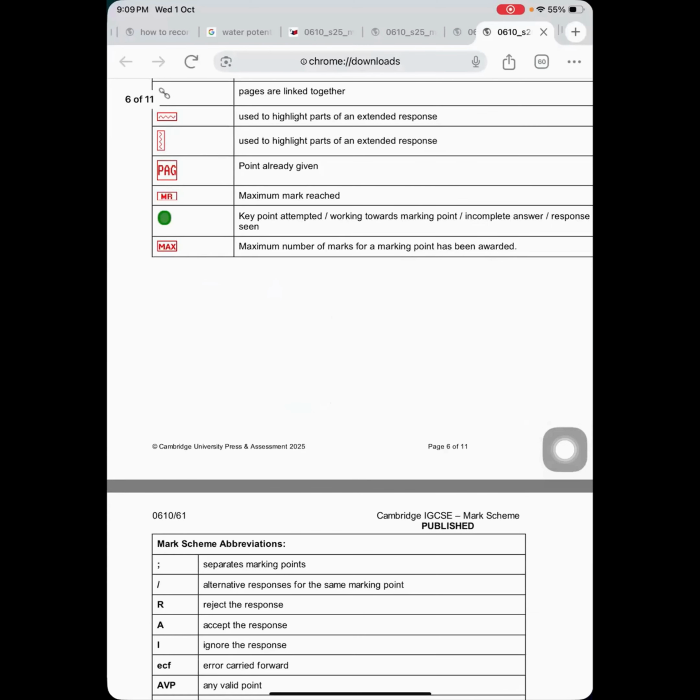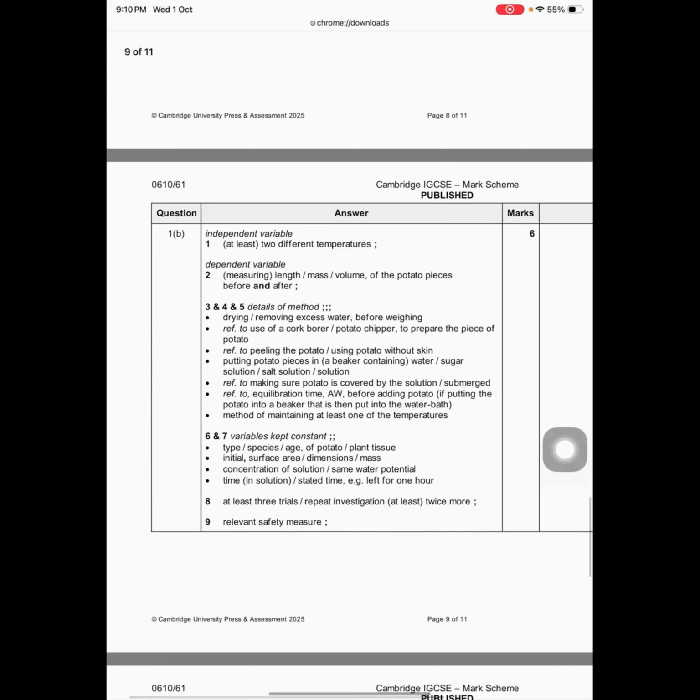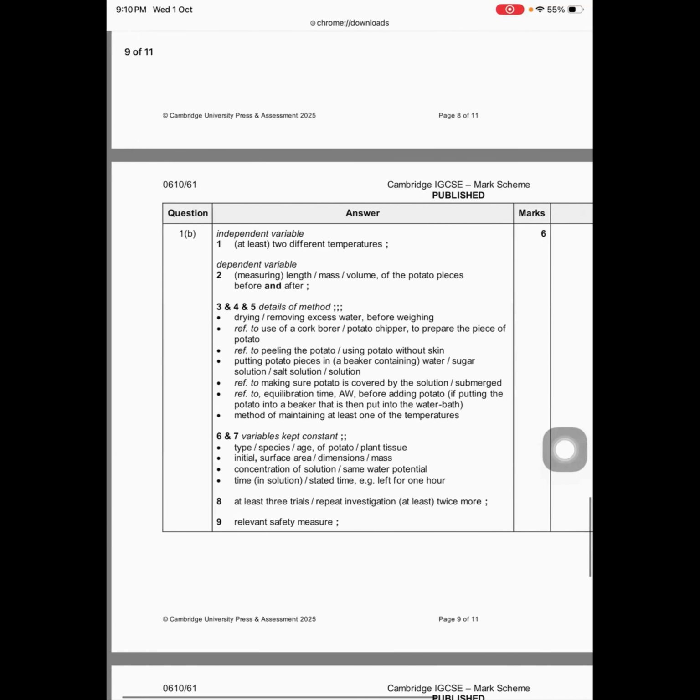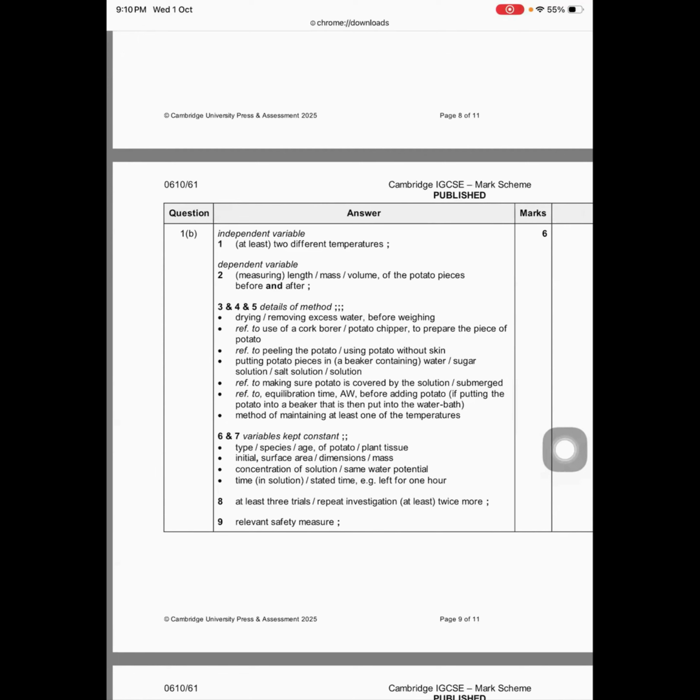Let's check the mark scheme. Variable kept constant, done. At least 3 trials. Repeat the investigation at least twice. Relevant safety measures. Okay, this is how to answer the investigation question, and we will go through more of these investigation questions, inshallah. Now I will open